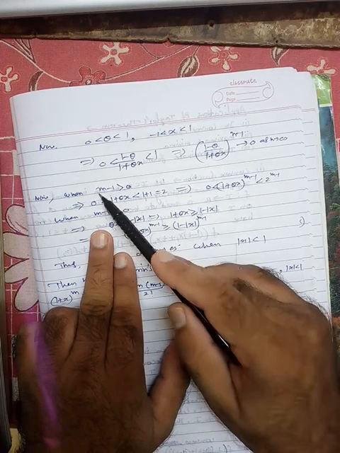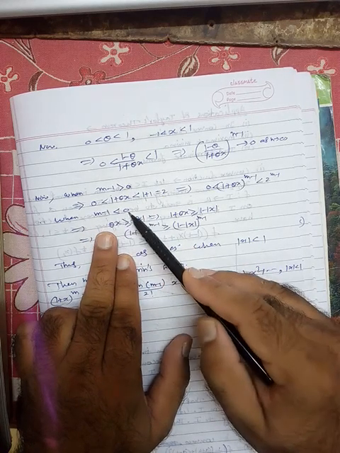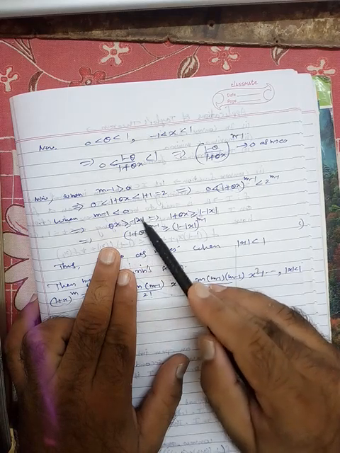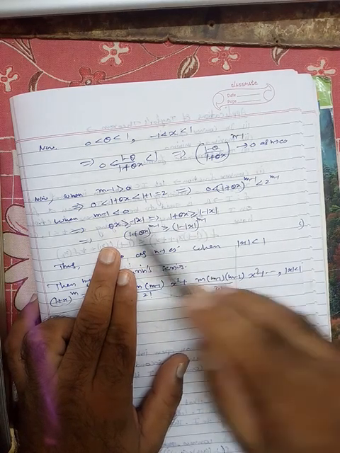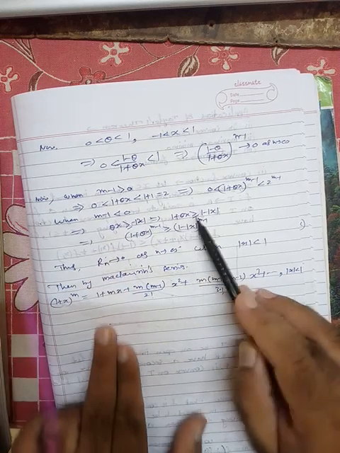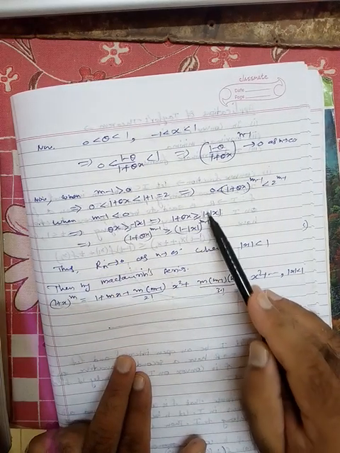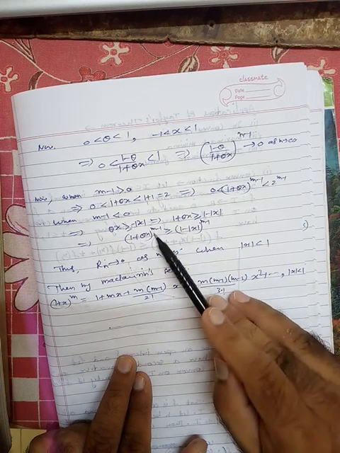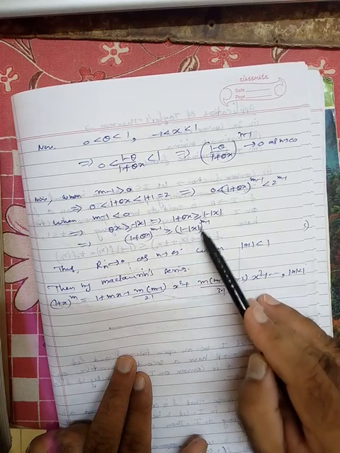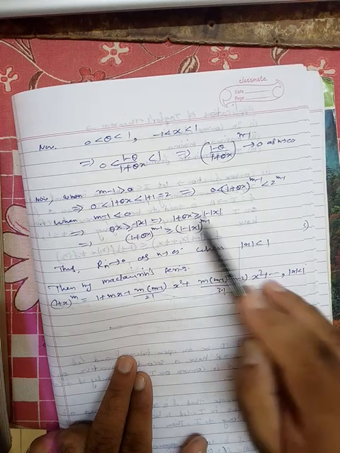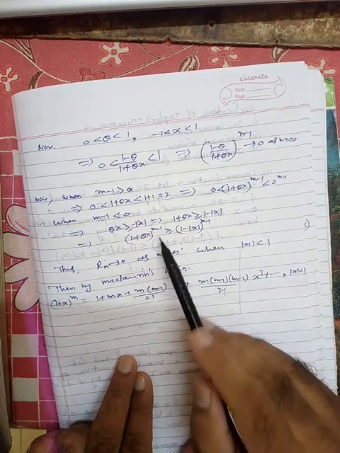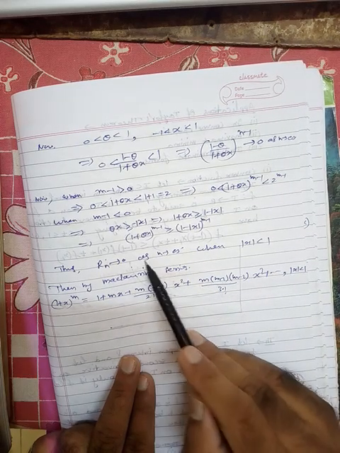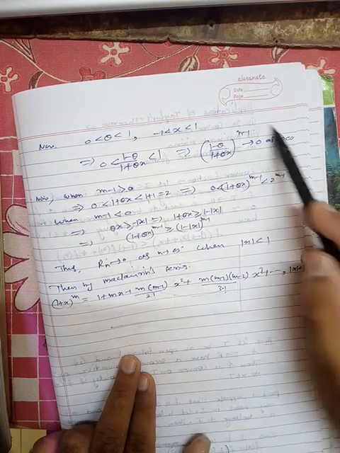So here we have taken two cases, when m minus 1 is greater than 0 and when m minus 1 is less than 0. So when m minus 1 is less than 0, then theta x is greater than or equal to minus magnitude of x, and hence 1 plus theta x, just adding the number 1 both sides, we get 1 plus theta x is greater than or equal to 1 minus magnitude of x. Now taking the powers, 1 plus theta x raised to the power m minus 1 is greater than or equal to 1 minus magnitude of x raised to the power m minus 1, which is nothing but a finite value. Okay, so basically you can replace this quantity by a finite value, and hence Rn tends to 0 as n tending to infinity due to this factor and